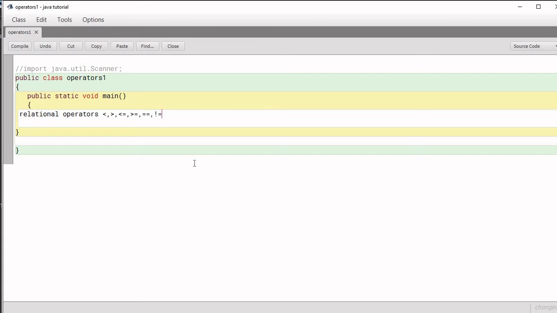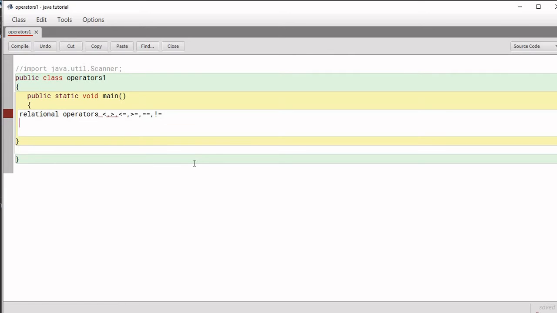So these are 6 relational operators that are used to compare any two given values. And the important thing is that these relational operators compare two values and give you the answer in true or false. So the result will be either true or false.